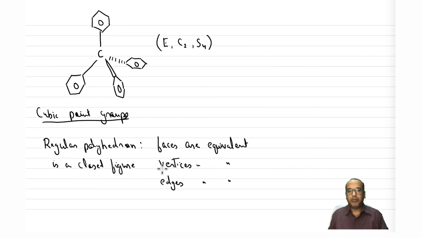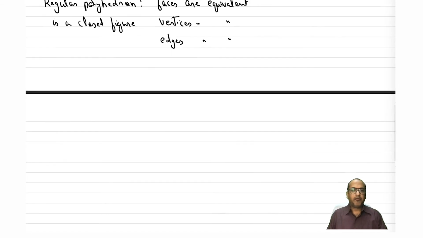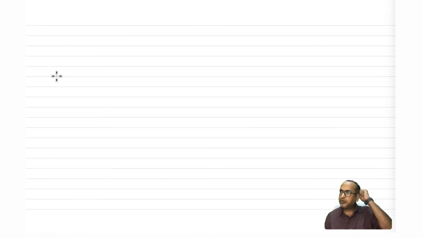So that means you can replace any edge by another edge by doing any kind of symmetry operation, and they should be equivalent. Okay, so how do you form regular polyhedrons? Let us see what it takes to form a regular polyhedron. For a polyhedron to form, you need to start with a